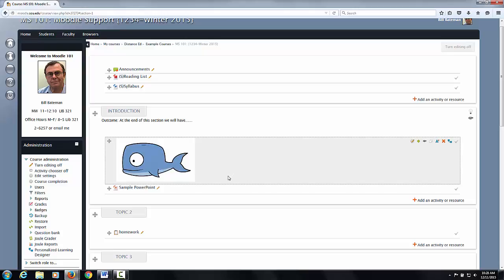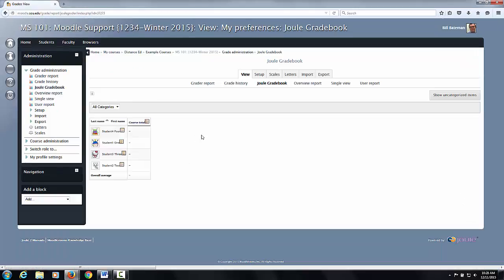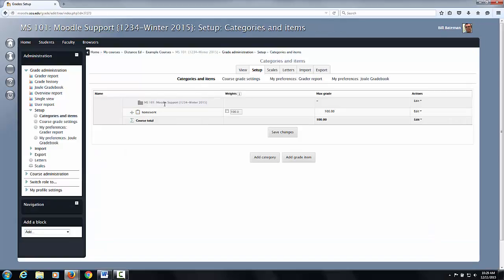Another thing I like to recommend at this point, let's go to the Gradebook. Notice we have our syllabus, and with our syllabus complete, we know what our activities are going to be and the value of our assignments. Let's select Grades in the Administration section. In the Gradebook, let's choose Setup from the tabs across the top row. The very top line where it says Moodle Support Winter, we've come all the way over, and let's choose Edit,